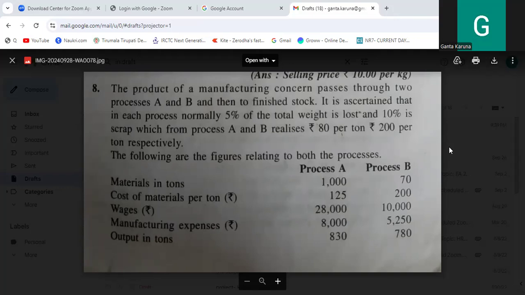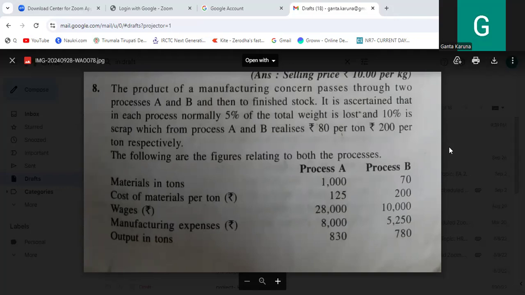And output tons, he has mentioned that in process A, 830 tons will be coming out. If you want, please note it down. By the end of process A, how many tons will be out as a completed product: from process A, it will be 830, whereas process B, 780 tons will be coming